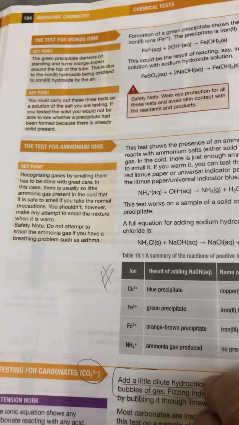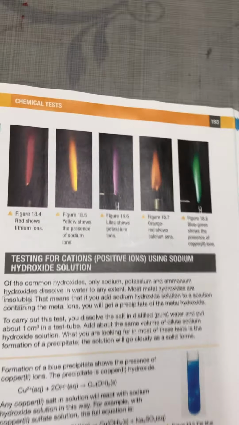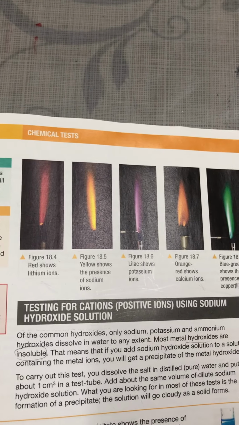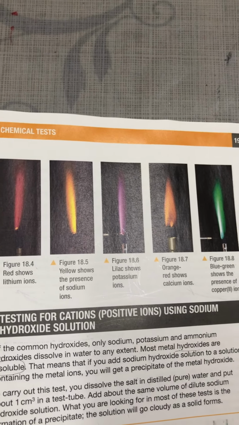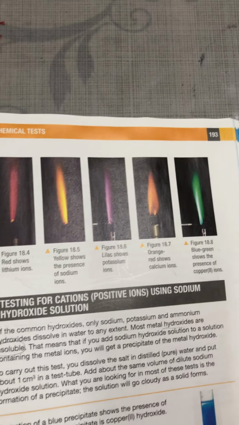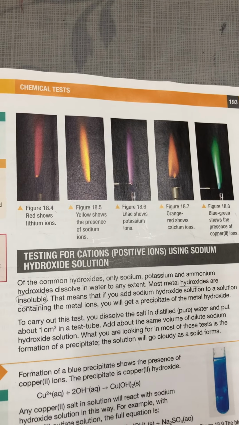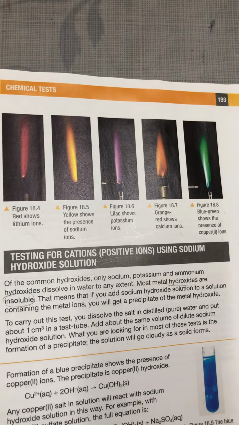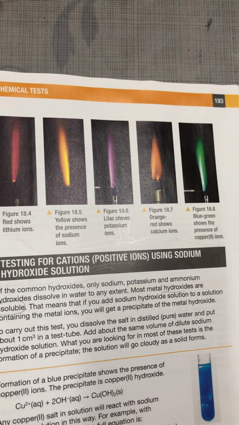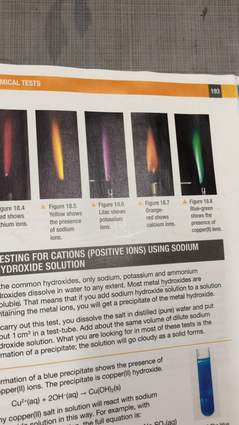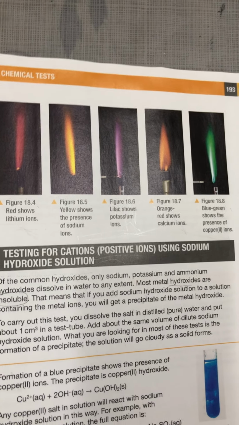In the last period, I explained how we can test positive ions using the flame test, and I sent a video showing you the practical part. I said these colors are very important. I also explained that any salt contains positive ions that we call cations and negative ions that we call anions, and how we can test the presence of these cations either by flame test